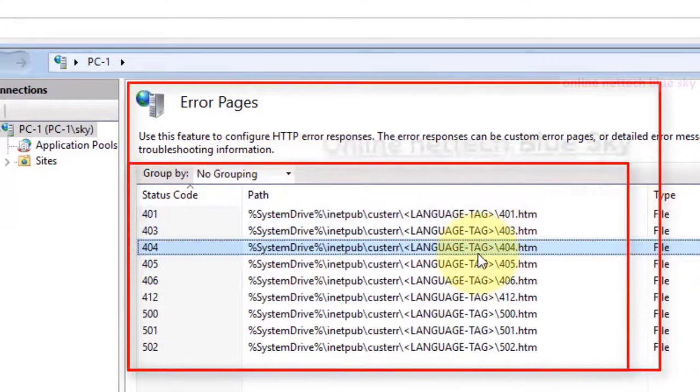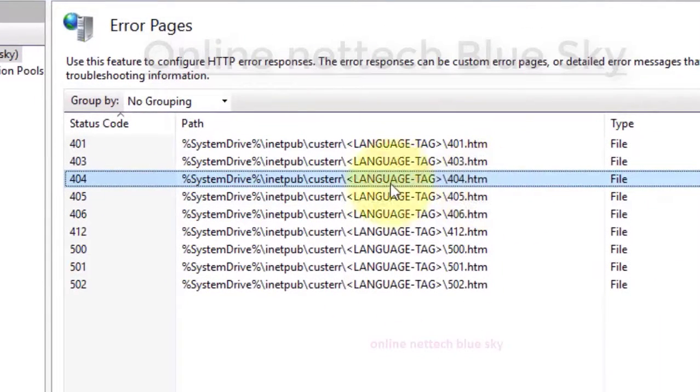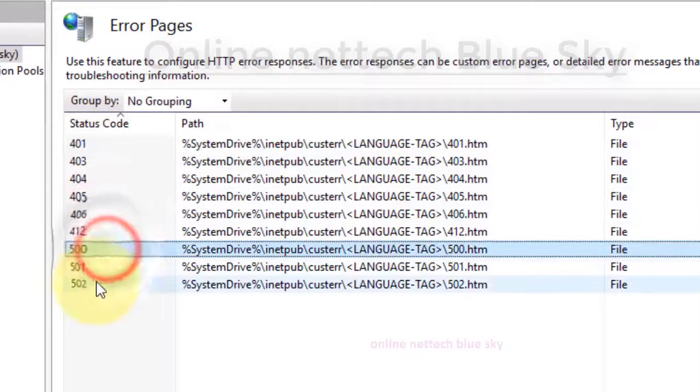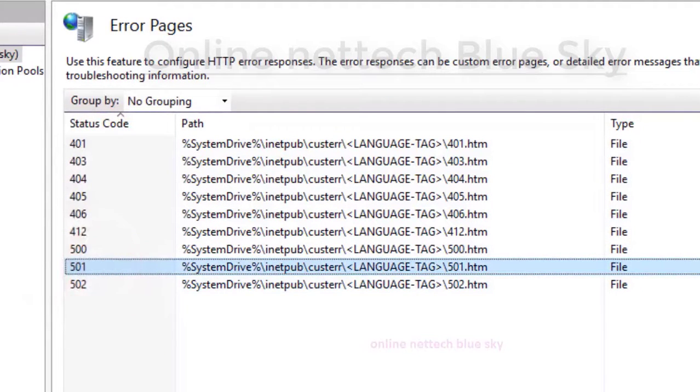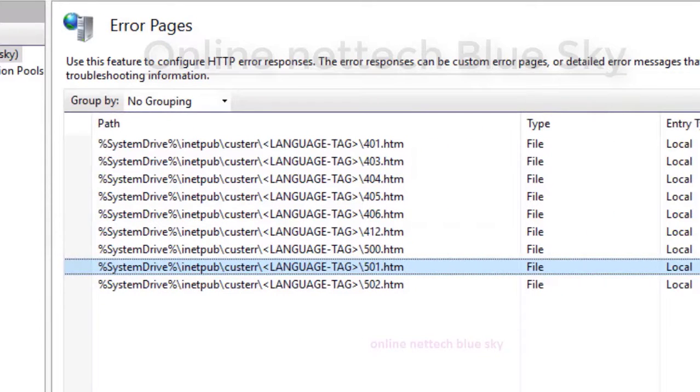And you can see my error pages path here, which is already defined and already created by this Windows operating system. Sometimes for 401, 403, why use this? Open this file. Your programming code automatically shows the number here.